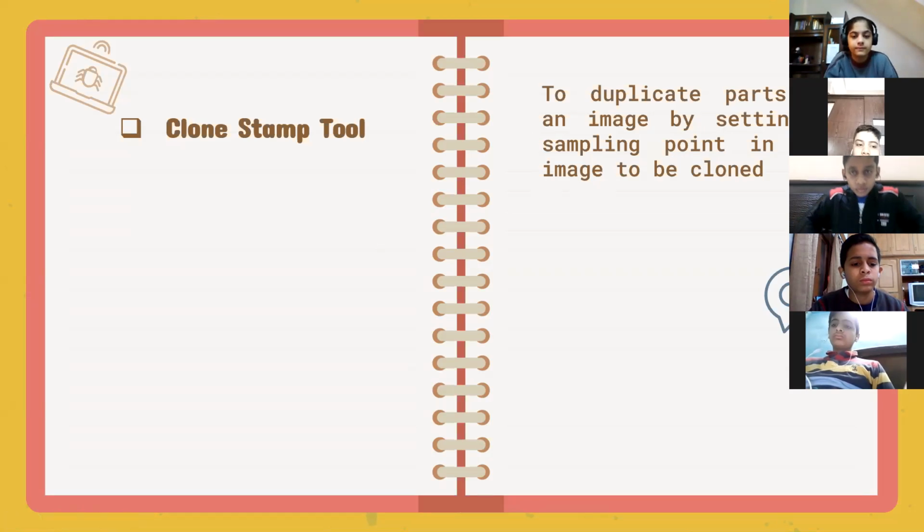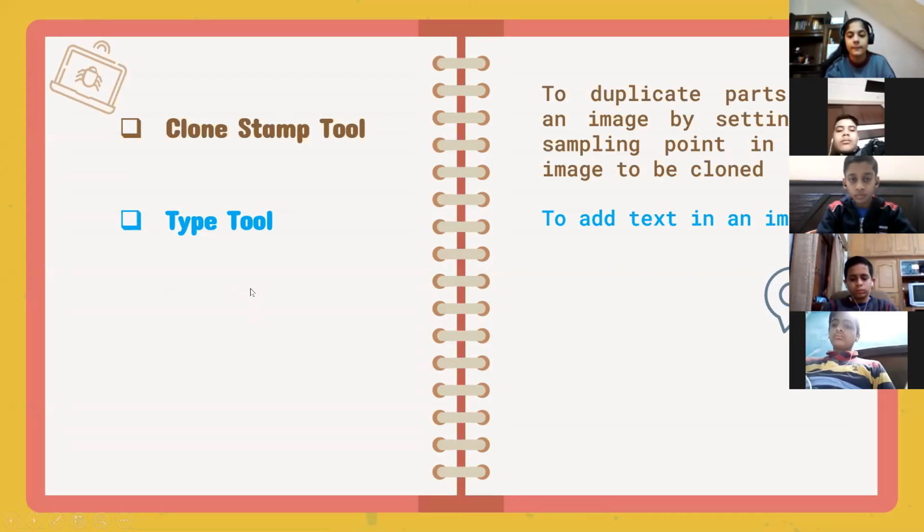You may have watched in the video, we had removed a boat from the image by using the water around the boat. Similarly, you can remove any particular part of the image by using the clone stamp tool, or you can also remove the imperfect parts of the image by cloning the correct points and dragging it over the imperfect area.